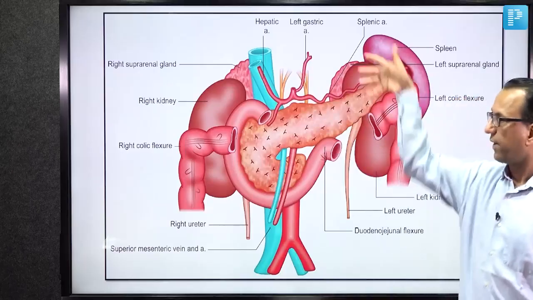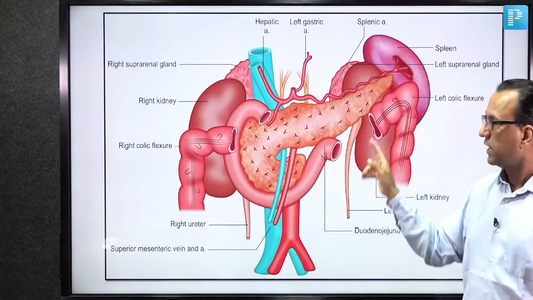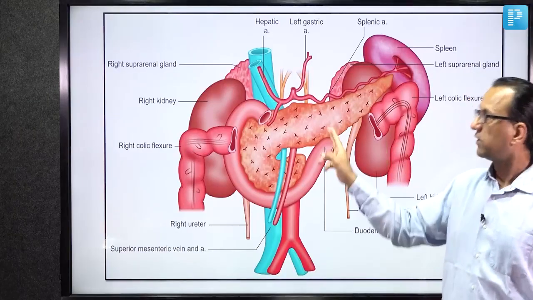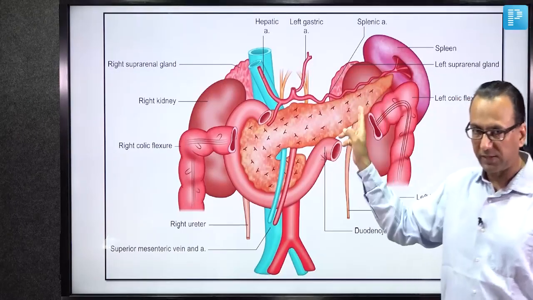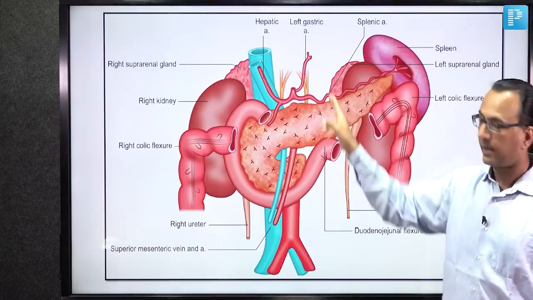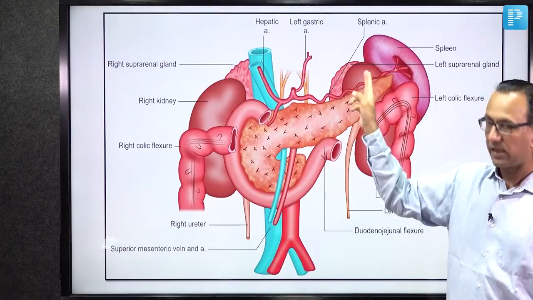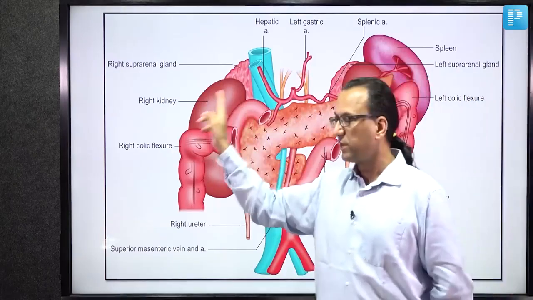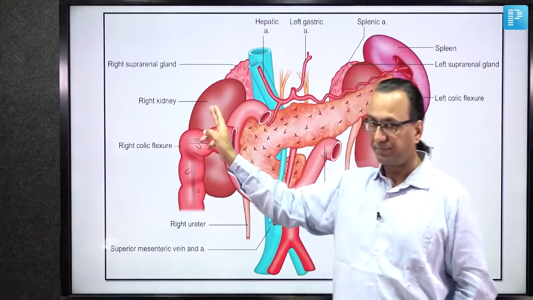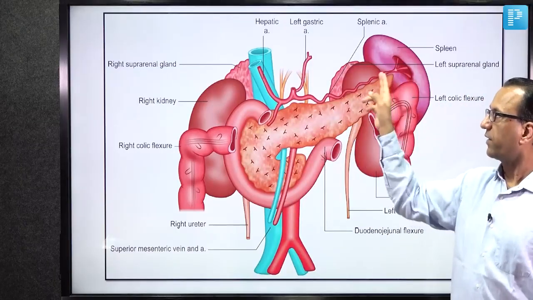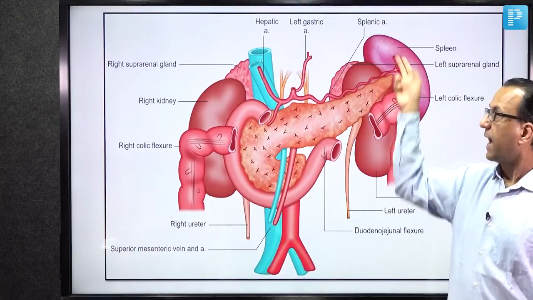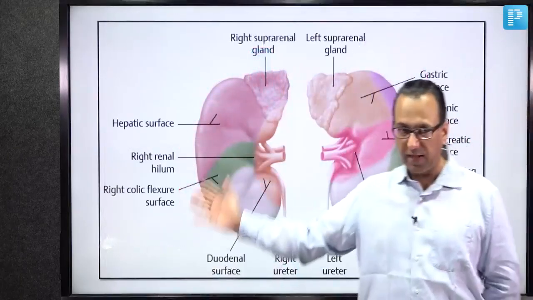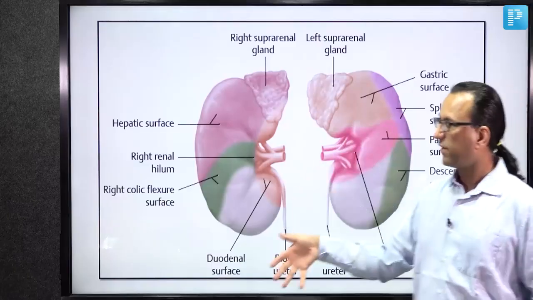As you come to the left kidney, you will find the left kidney is related with the splenic flexure of the colon or left colic flexure anteriorly. It is also related with the body of the pancreas anteriorly and the left adrenal gland anteriorly. This area is called the gastric area. The left kidney relates with the stomach and the right kidney relates with the liver, the hepatic area. Then you will notice the tail of the pancreas which is going to the hilum of the spleen, and the spleen is relating with the kidney. Here is a simplified diagram of the same, which is the anterior relation of the right and